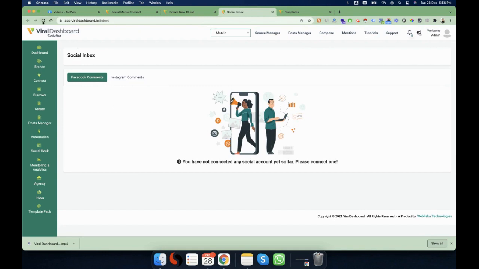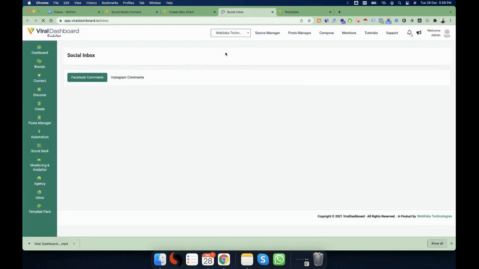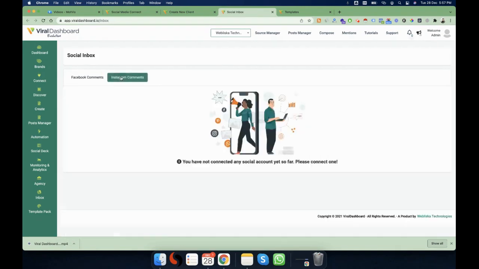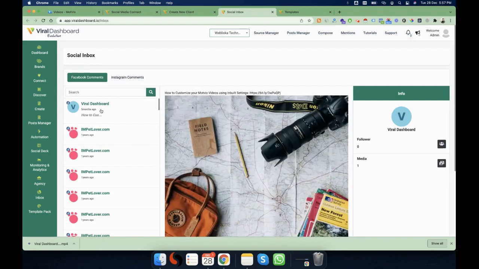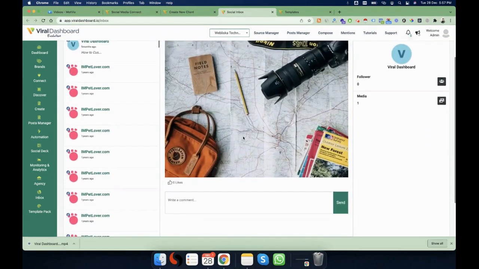Okay, so let me just refresh this page for you. So as you can see here, I switched the brand from Motview to Weblisca Technologies, and now this should show me the pages that are connected here inside the Facebook comments tab. So see this. I have the Viral Dashboard post, and now this post is loaded right here,